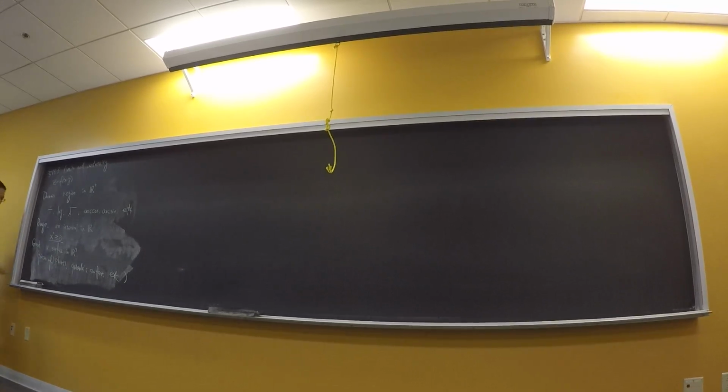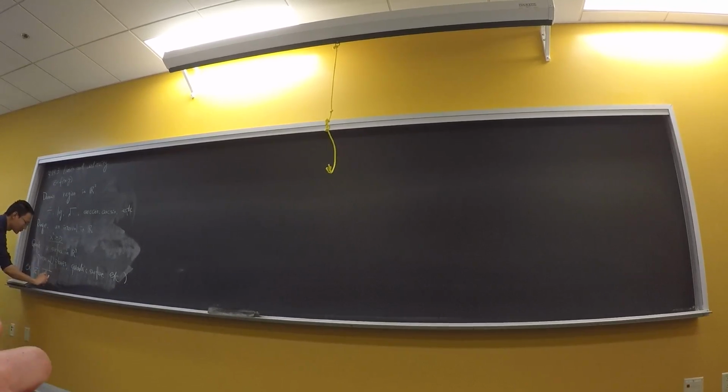A perfect example is z equals the square root of x squared plus y squared. This is the example we looked at last week. This one can be easily transformed into a very nice equation. You can square both sides and move terms around. You can find this is actually a cone. So it's x squared